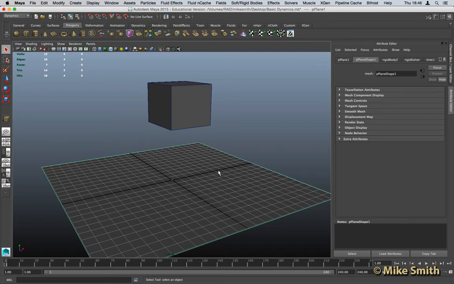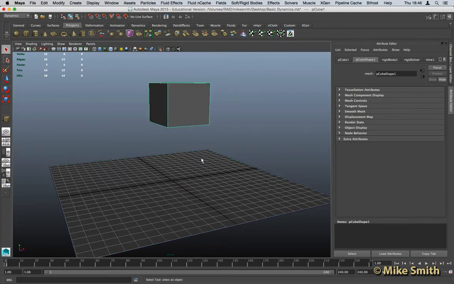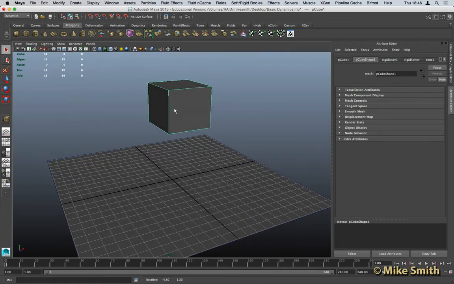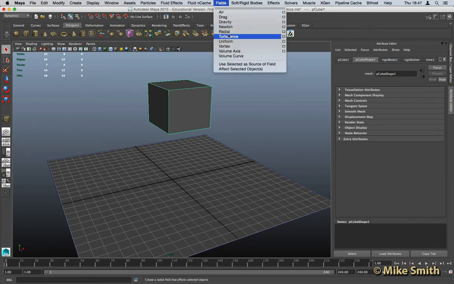You'll find if we rewind and play the animation here, nothing much happens. So if I rewind and press play, nothing happens there because there's no gravity assigned. So if I stop and rewind the animation, it's very important to rewind each time just to reset everything. Now select your cube up here, the active rigid body, go up to fields, and there's all different fields here you can experiment with, but first we need to actually assign a gravity, so click on the option box,